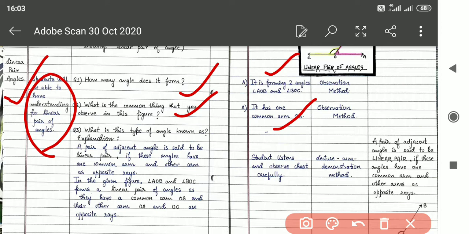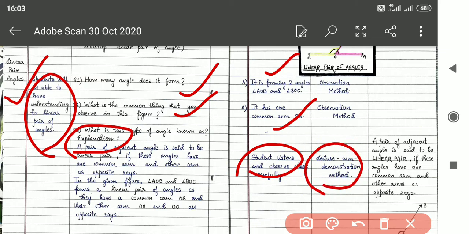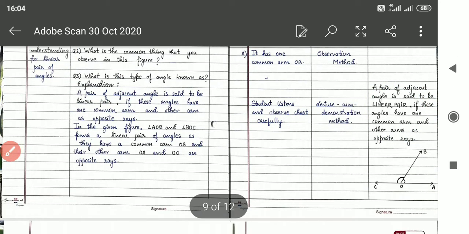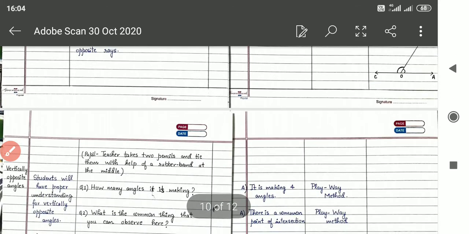Students are not able to answer. They are silent. So now the pupil teacher gives the explanation, and students listen carefully. This is the activity shown by students. The method used here, you can see, is drawn on the blackboard and on the chart paper, and students see and understand the concept, and a few important lines are taken in the blackboard work. As you can see, the diagram is there.